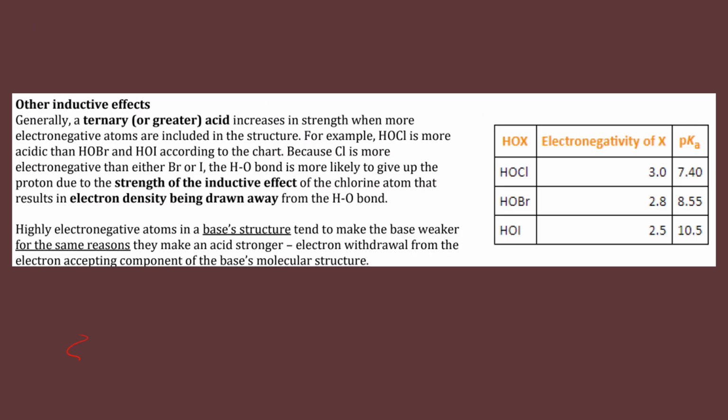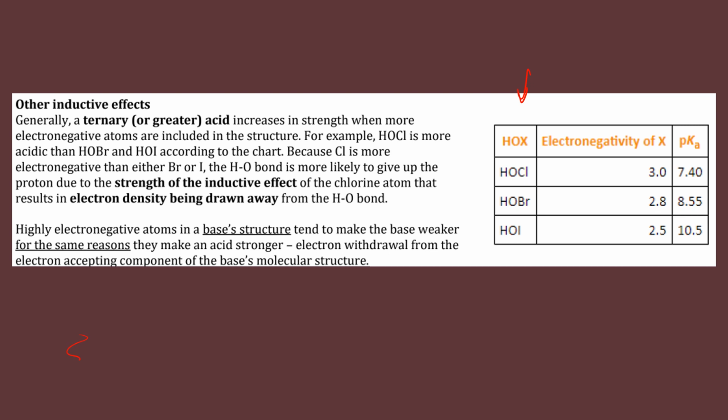In comparison to binary acids, for ternary acids the trend is a bit different. By adding these halogens, Cl, Br, I, remember that electronegativity decreases top to bottom down a group or column. So by having chlorine versus bromine and iodine attached, there's a greater electronegativity. Because Cl is more electronegative than the others, HOCl is more likely to give up the hydrogen